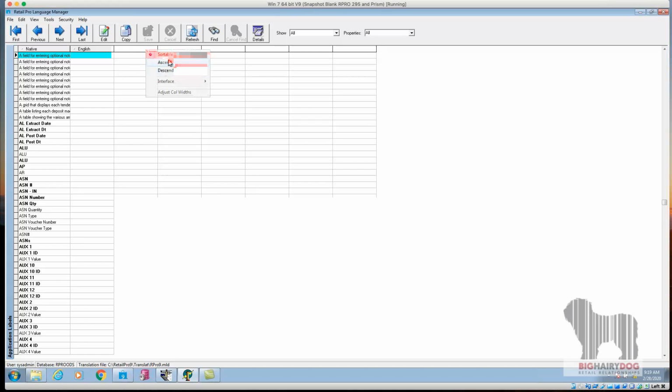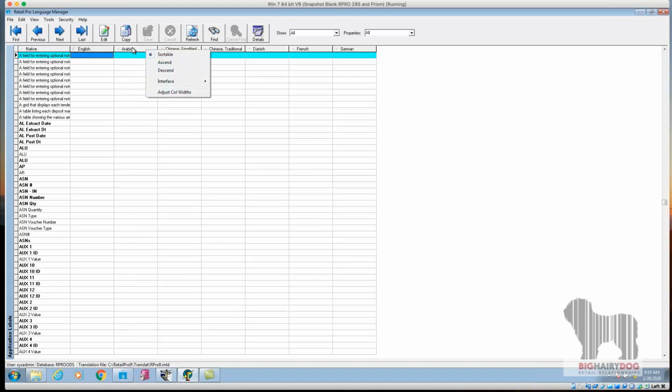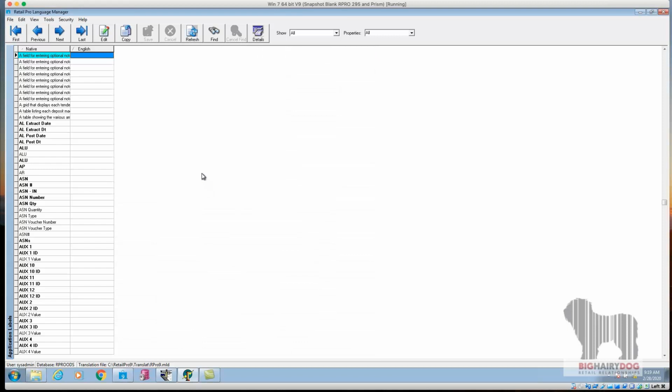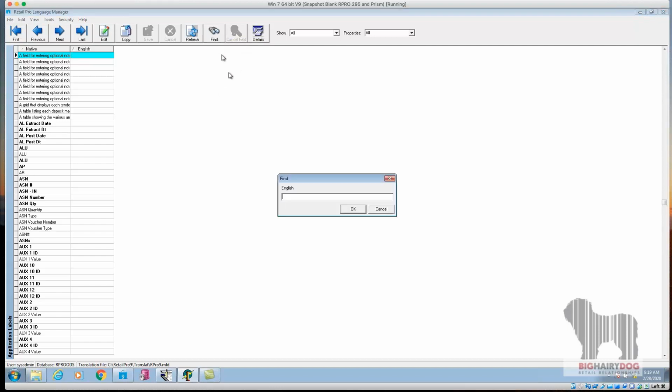I usually limit the scope of what I'm looking at here to just the language that I want to deal with, because it's way too confusing to use this with, I don't know, a bunch of columns showing. All right, let's take a look here. Right now I'm on labels, and that's also something I want to talk about. Let's go to find, and let's say customer order,